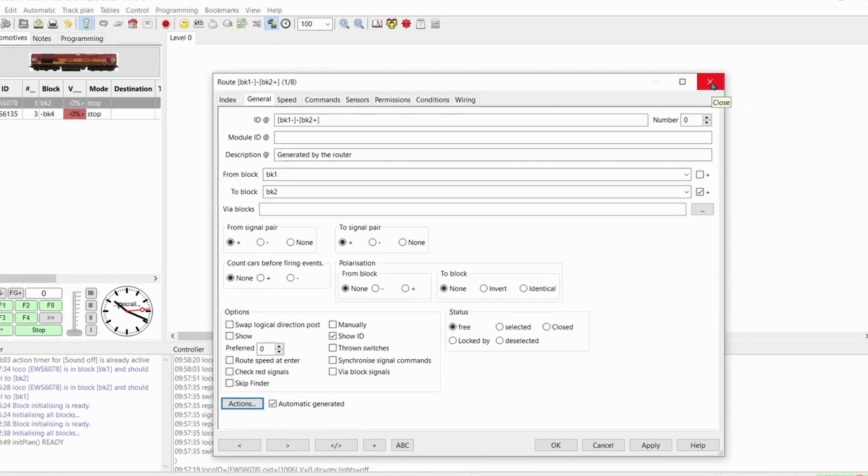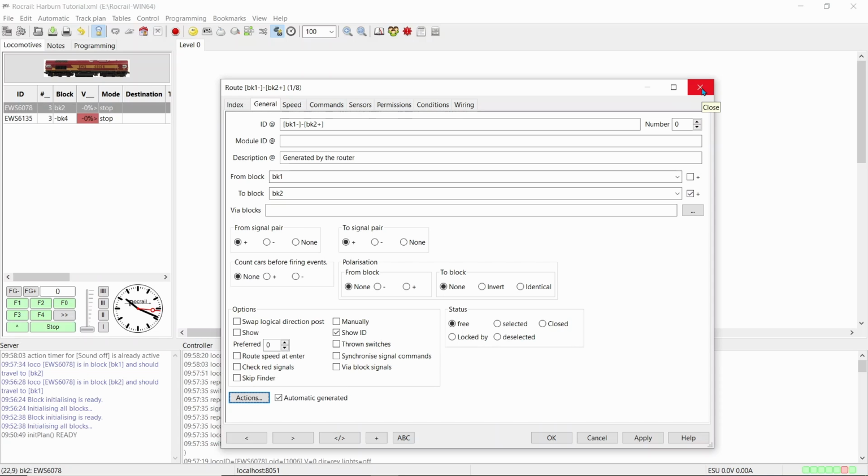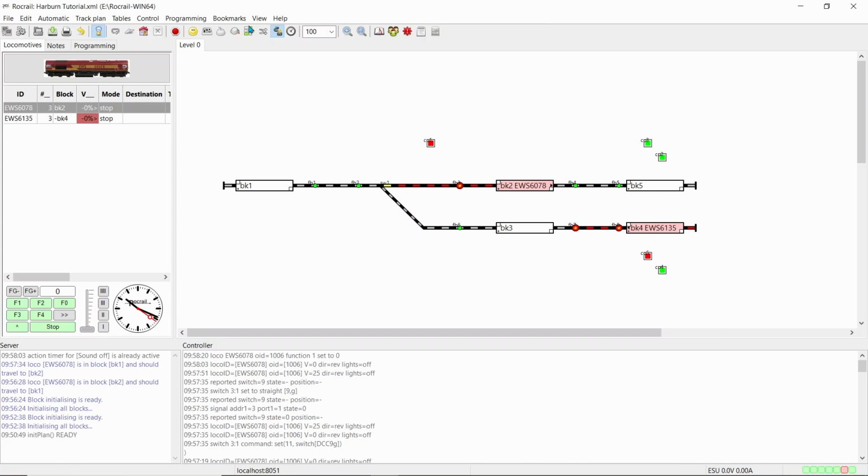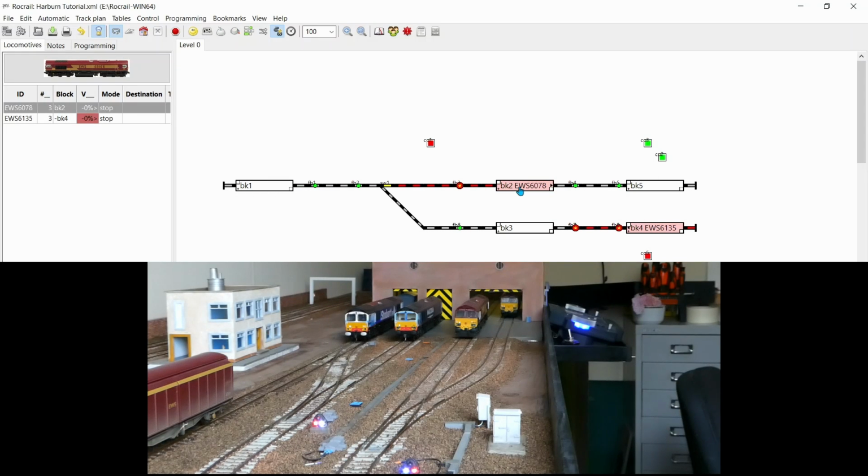Let's put it in the automatic mode and see if it worked. So the train shall go from block 2 to block 1, and the lights will come on and the sound will start up.